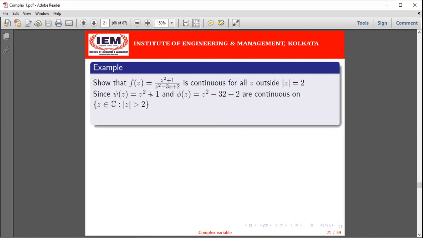The expression is becoming 0 at the point, this will be 3z actually, at the point 2 and 1. So this point 2 and 1 is inside this circle. That's why this function will be continuous outside that circle. The numerator function is continuous outside that circle. The denominator function is discontinuous only at 2 and 1, but 2 and 1 is inside that circle. So the problem in continuity will happen inside the circle. But outside that circle, at all these points, this function is defined, so it will be continuous.